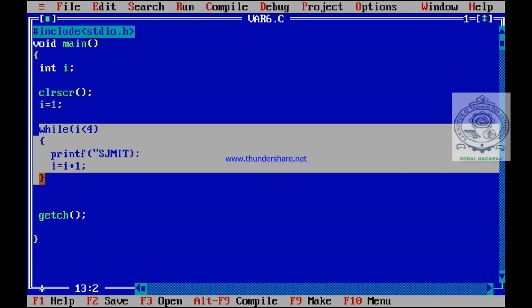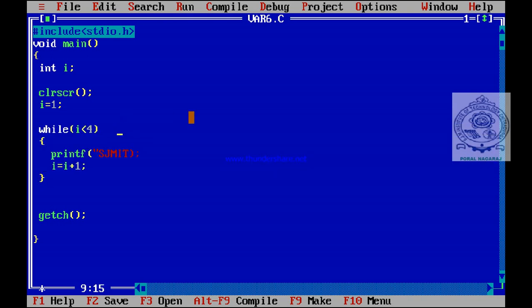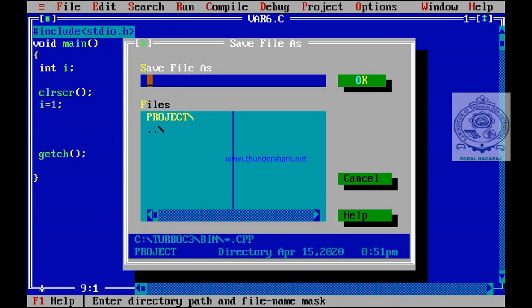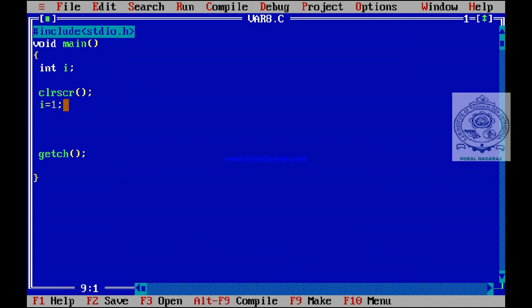why we have to use a while loop, I am going to explain now. If I use only a printf statement, what will be our output? If I write only a printf statement here, I am not going to have this declaration also, I am not going to have this initialization of variable.